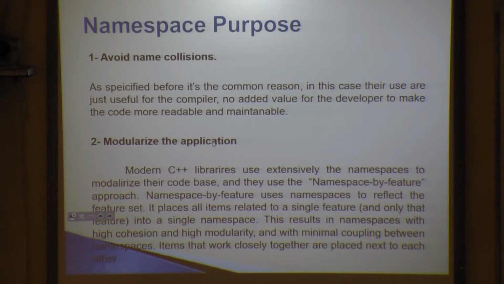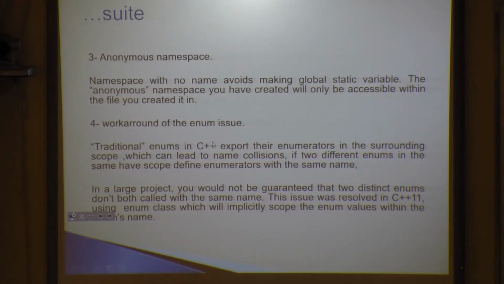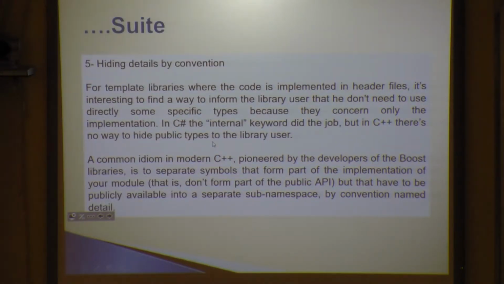The purpose of namespace. I'm having 6 of them. I think it's 5, yeah, 5 of them, but it's not too long that you guys can't memorize. First of all, it is to avoid a name collision, like I said to you, right? And then the second thing, modularize the application, right? Anonymous namespace and work around of the anonymous issues. Hiding details by convention,